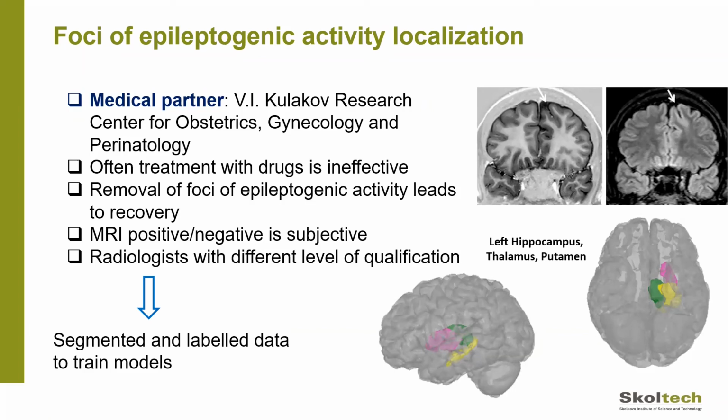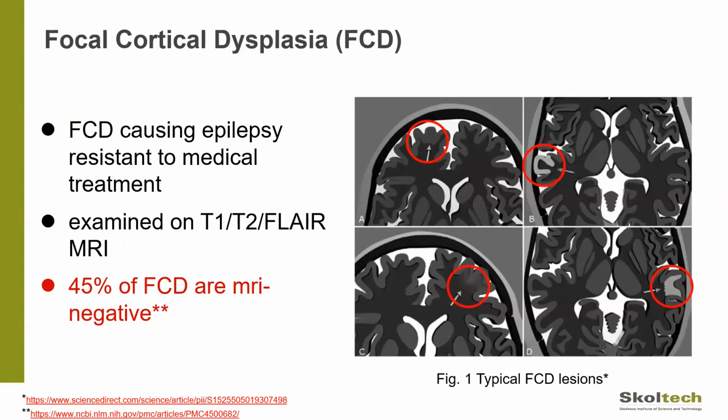However, we need somehow to identify a specific place in the brain that is responsible for the epilepsy. And actually, 45% of people with this epilepsy are MRI negative. That means it's very difficult for a non-professional radiologist to understand, based on MRI data, that this person has some specific region in the brain, a very small region where, say, the depth or contrast of the gray matter is too high or too low, or maybe the width of this region is too high or too low. So there are some anomalies,